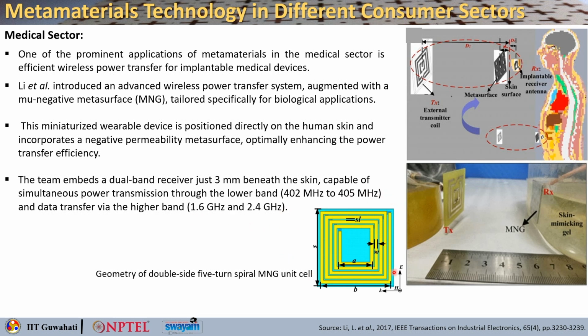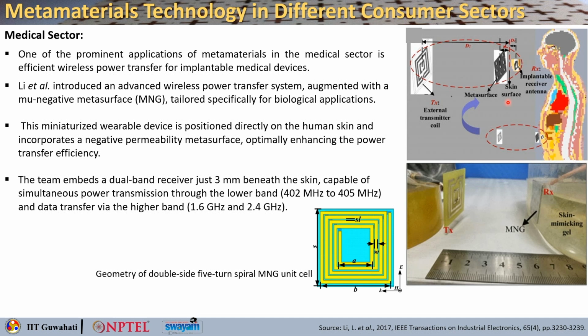So, here I can show you the unit cell they used. This is a double sided 5 turn spiral mu negative metamaterial unit cell, and the metasurface was basically having metamaterial or metasurface, do not get confused, a metasurface is just a 2D version of the metamaterial. So, here you can see the MNG metasurface has an overall dimension of 30 mm by 30 mm, with an array of 3 by 3 unit cells that is fabricated on a F4B substrate with